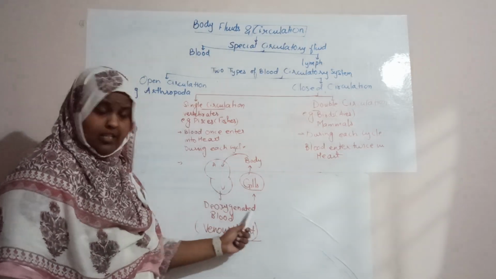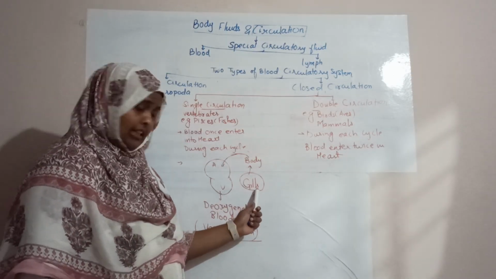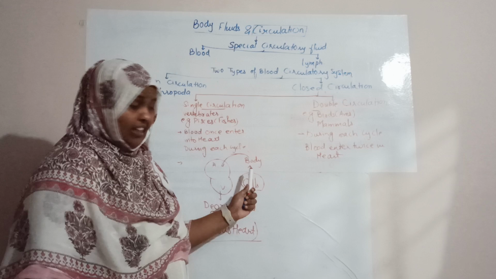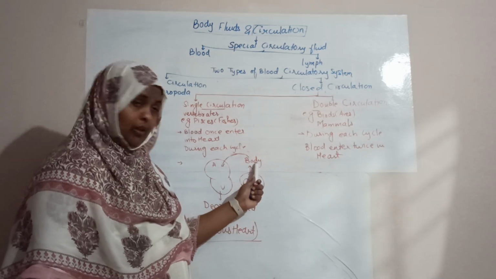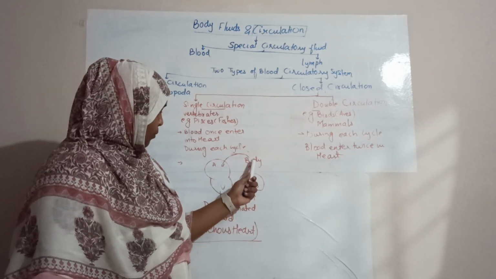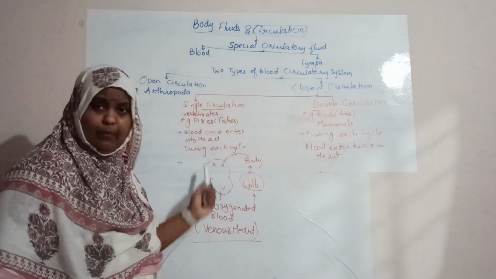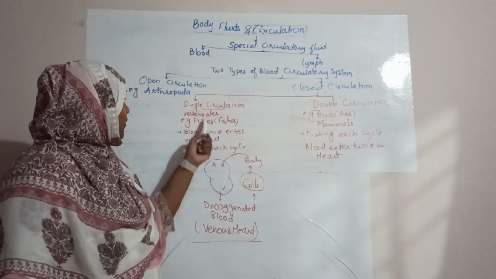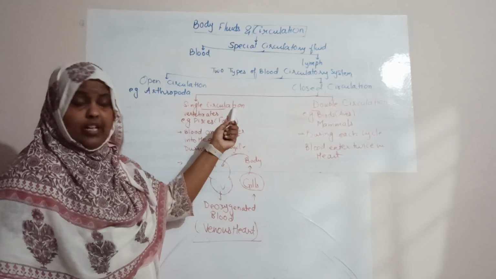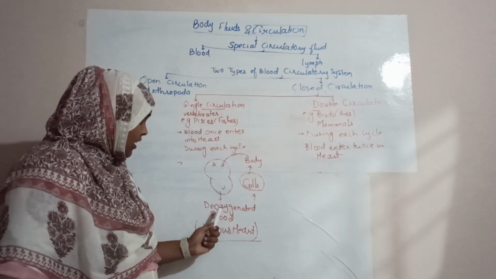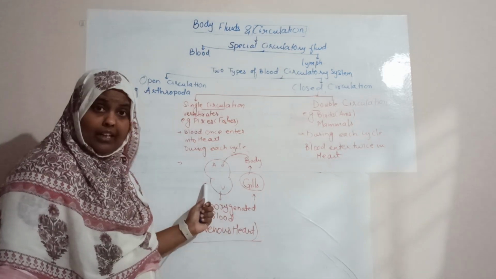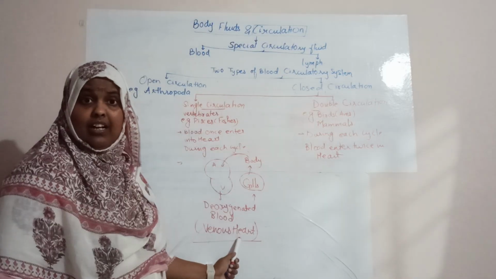The ventricle pumps the deoxygenated blood into the gills for purification. The gills give the oxygenated blood to the body. After that, the body gives the deoxygenated blood again. So here, only deoxygenated blood enters the heart. That is known as single circulation. In the case of Pisces, deoxygenated blood is pumped by the heart, and that type of heart is known as the